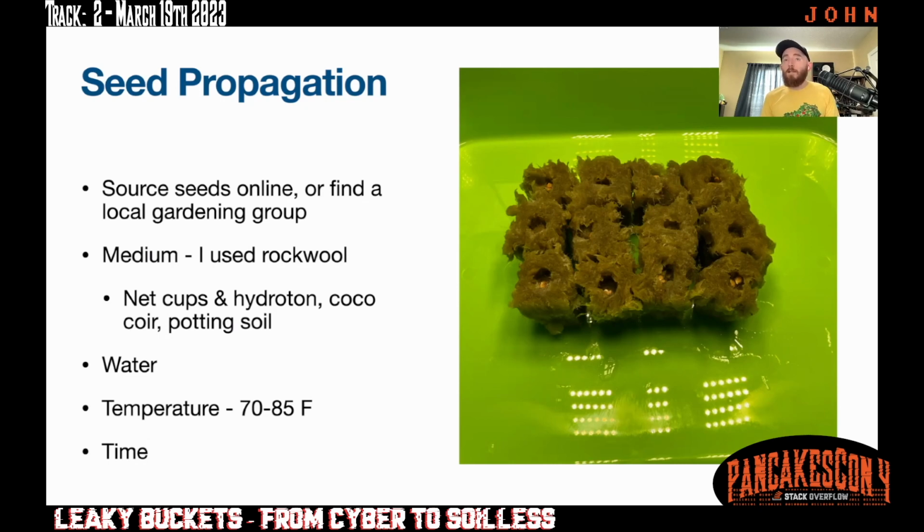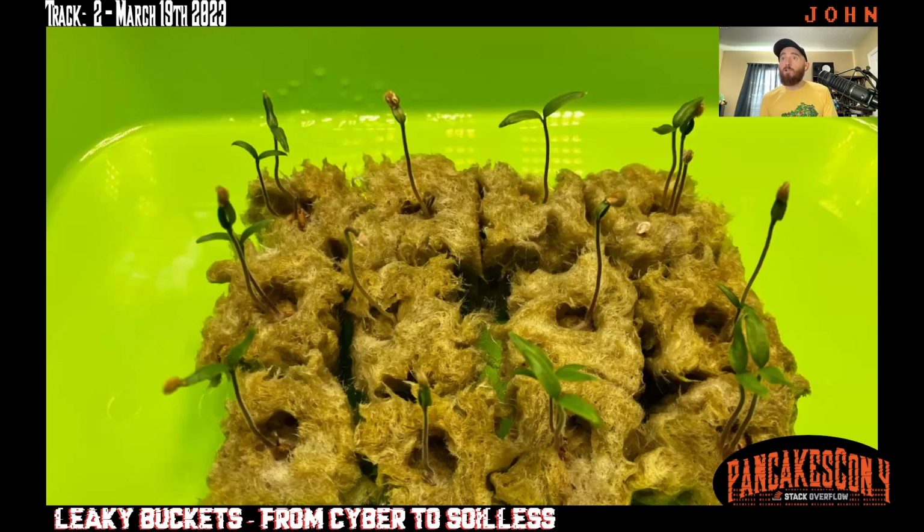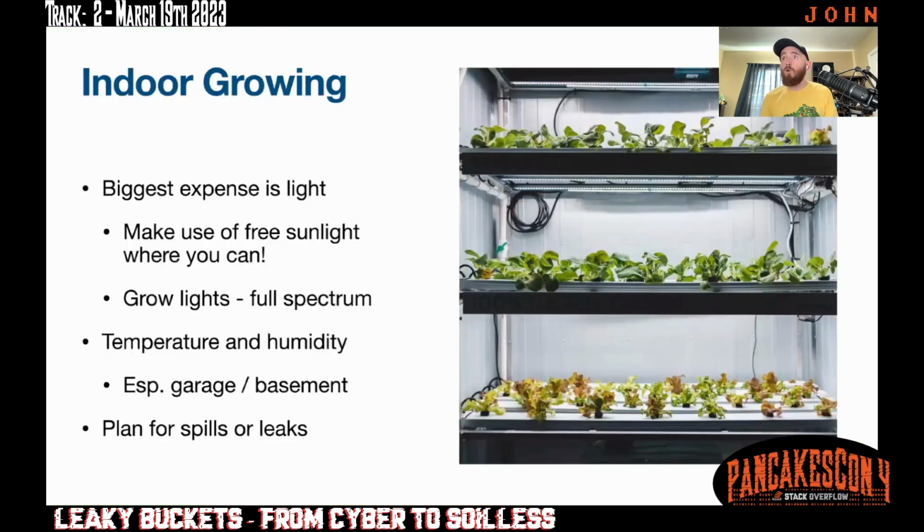And then after about 4 days, these sprouted. I actually did these about 10 days ago, and this was how they started. And this is where they were after about a week. So they're doing great. I might actually be a little bit early this year because it's still cold outside.